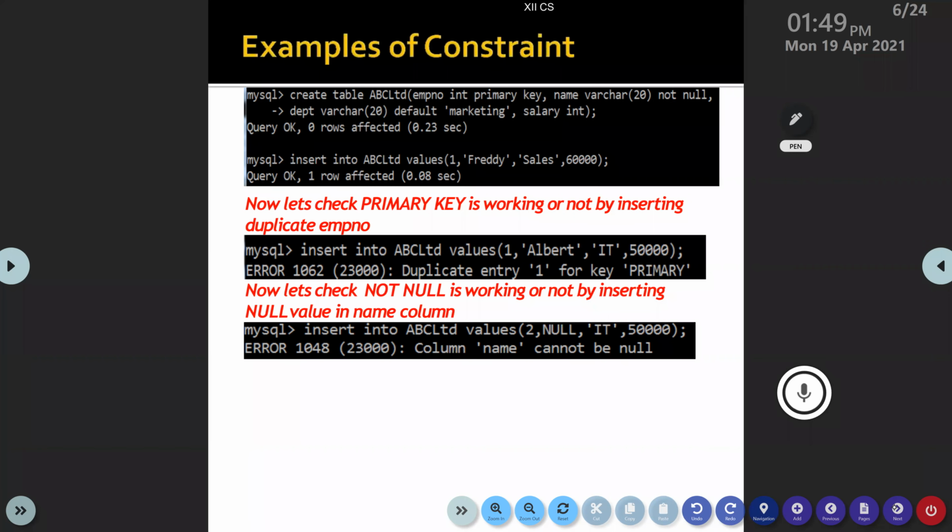Isn't it? Already at the table creation time, we specified it as primary key. If it is primary key, then duplicate values are not allowed. That is why when you try to enter one again, it is giving you an error message. Okay.